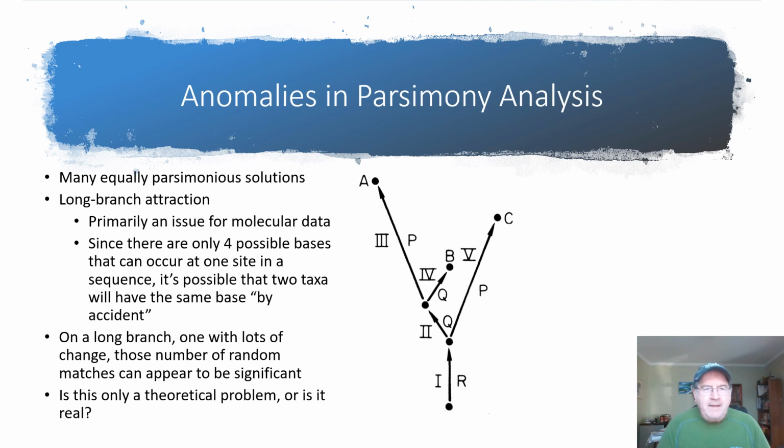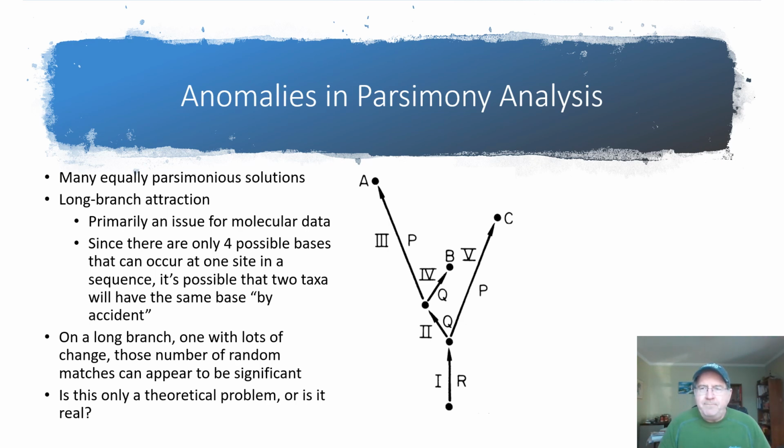And the way it works is that if you have a branch on your tree, and the species at the end of that branch has evolved to be very, very different from all the other species, then it is possible that in the sequence alignment that you're comparing, it will share what look like similarities with quite distantly related taxa,